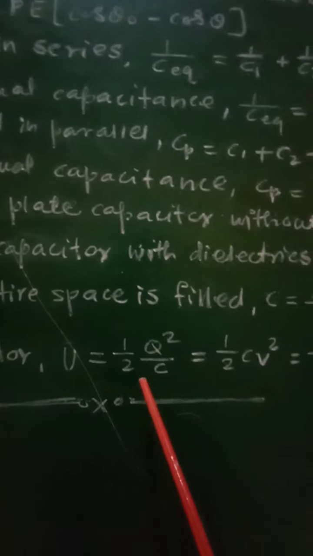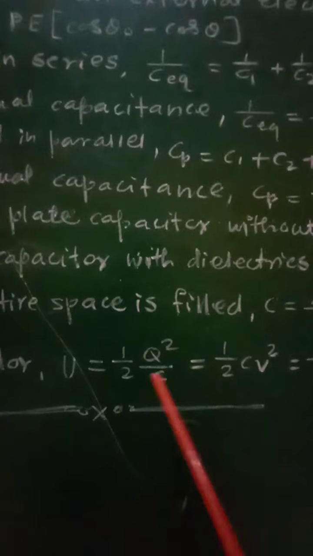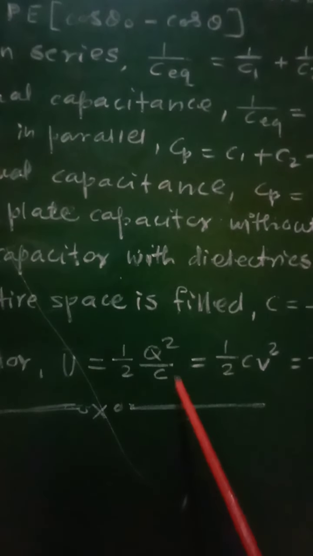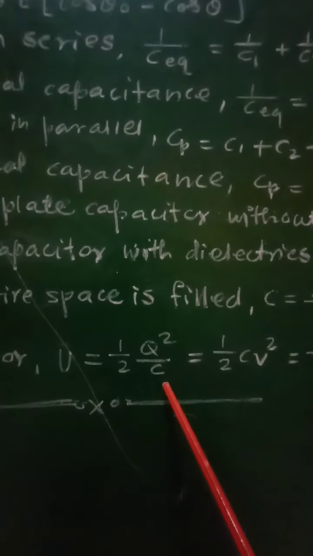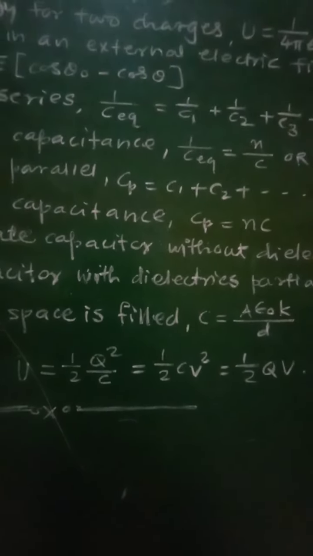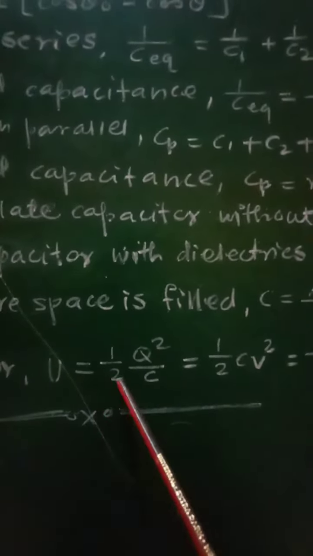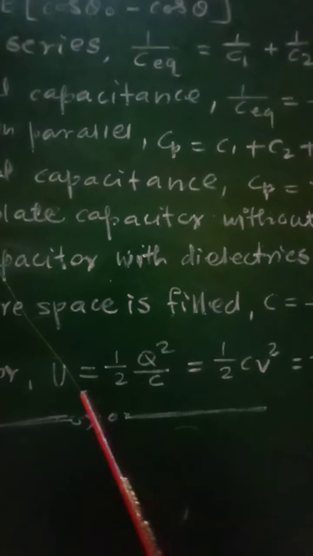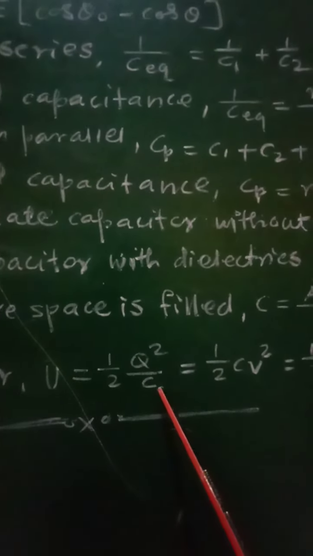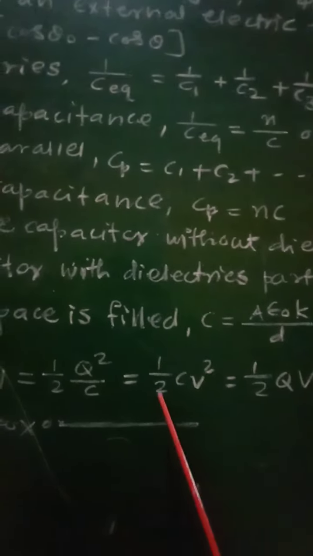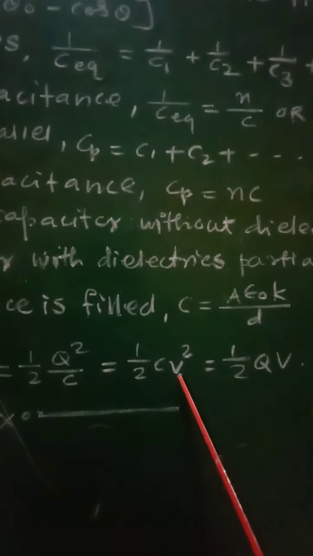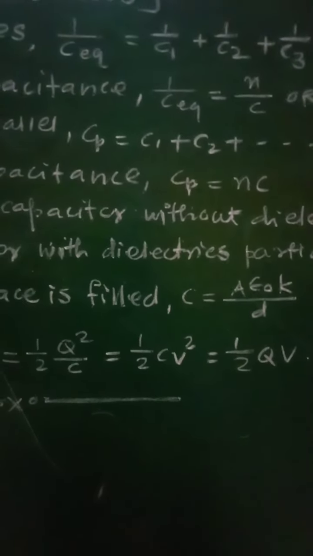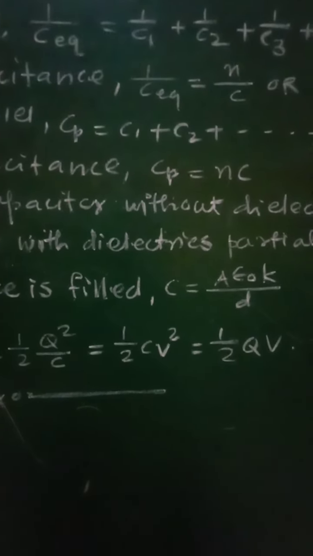U equal to half Q square by C, where Q is the charge on each plate of the capacitor and C is the capacitance of that capacitor. That will be equal to half CV square, where V is the potential difference between the two plates of that capacitor,